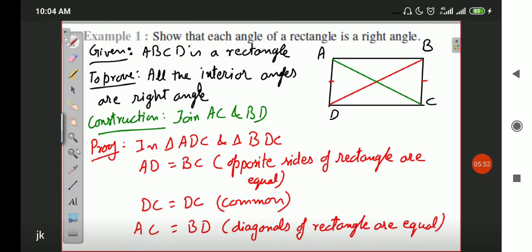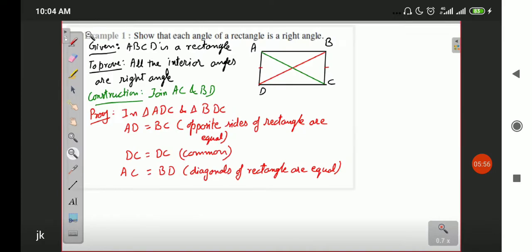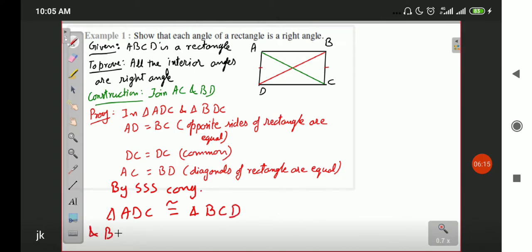So in that manner, by SSS congruency, both the triangles will be congruent. Triangle ADC will be congruent to triangle BCD, and by CPCT,